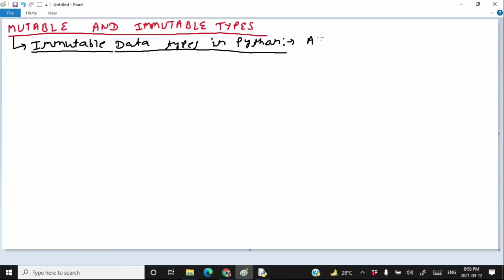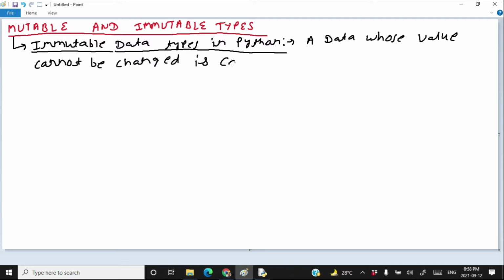A data whose value cannot be changed is called an immutable data type. For immutable data types, a value cannot be modified. Okay, let's see an example.